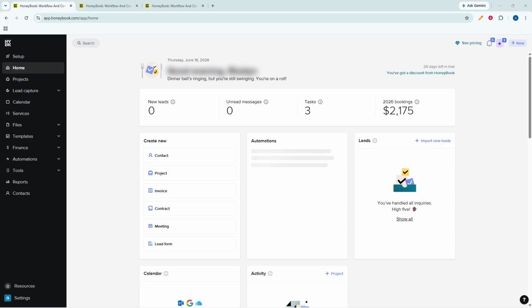In today's video, I'm going to teach you how to restore an archived project in HoneyBook. If you've archived a project to keep your workspace organized and now need to bring it back into your active pipeline, the process is straightforward. I'll walk you through it clearly so you can restore the project and make sure it appears in the right